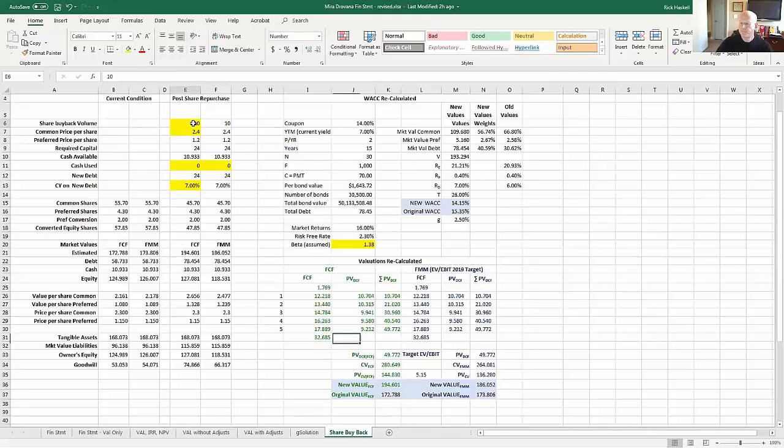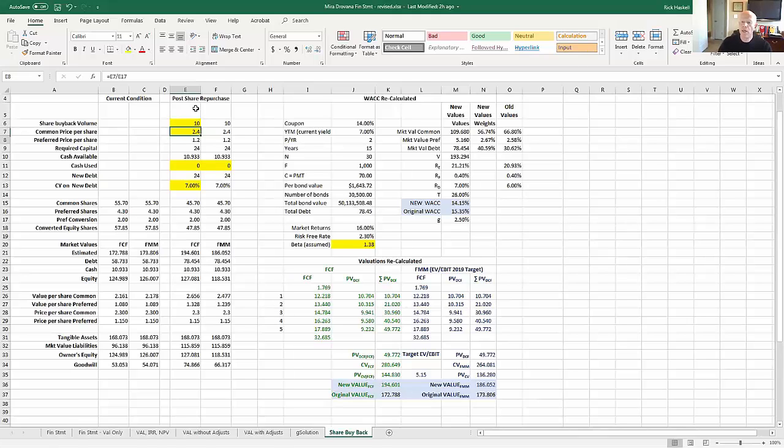So let's continue on. So we're saying that we're buying back 10 million shares of common. We believe we're going to have to pay $2.40 a share for them, which if they're currently trading at $2.30, that's not at all unusual. We're almost always going to have to pay a bit of a premium. If for no other reason, then we're coming to the market with some demand for 10 million shares. That's 20% or so of the outstanding shares of the company. So that'd be a big increase in demand on any given day in the market. And so when demand rises in the face of supply not having changed, we see that price changes. So this doesn't surprise us in the least then.